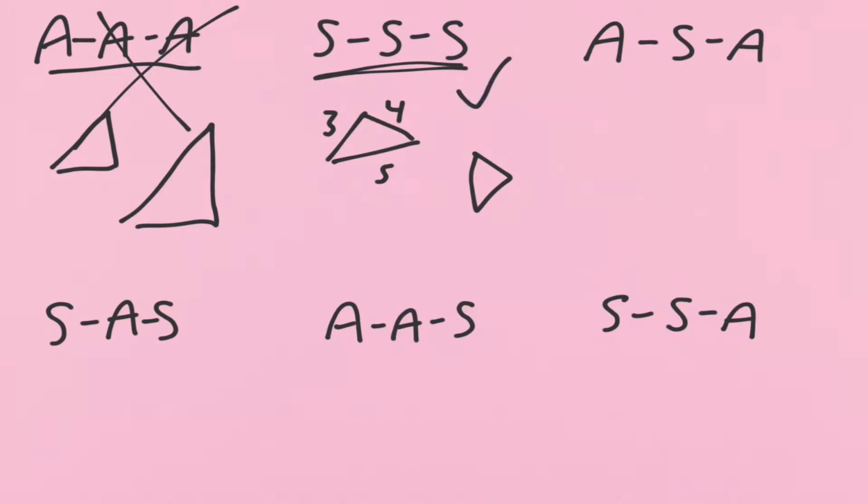If you're given angle side angle, for example, some angle measure and then some side length and then some angle, they can only make one possible triangle. So angle side angle will work. Side angle side will work, angle angle side will work, but side side angle, let's say we have some angle